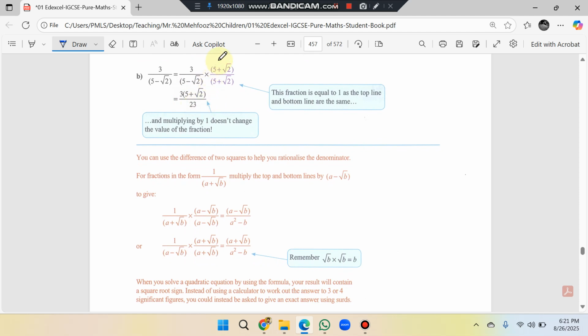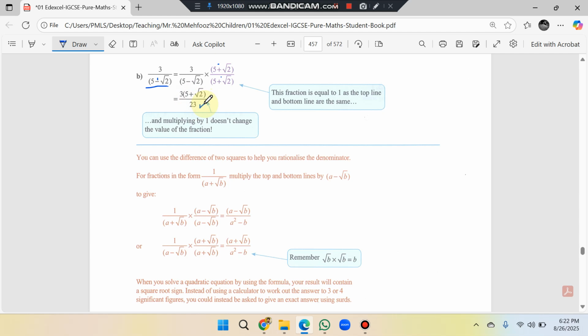So if we have a term like this, then we can multiply the term with a different sign, right? Here we have negative, so we multiply and divide with a positive sign, like in the previous example: 5 minus square root of 2 multiplied by 5 plus square root of 2. Here is the formula: 5 squared minus square root of 2 squared. So in the denominator it becomes 25 minus 2, that is 23.